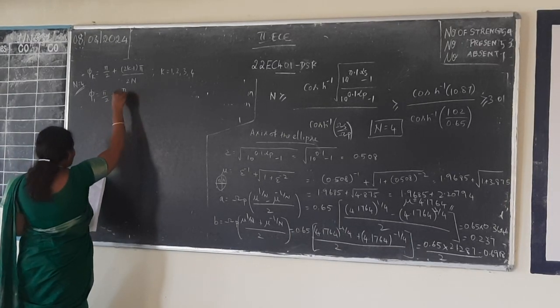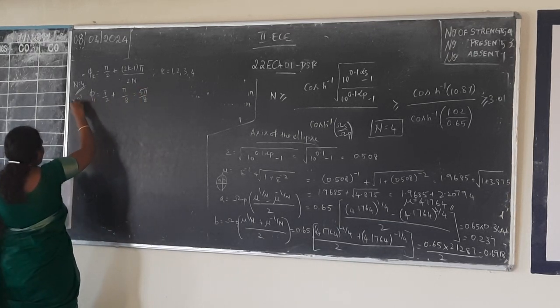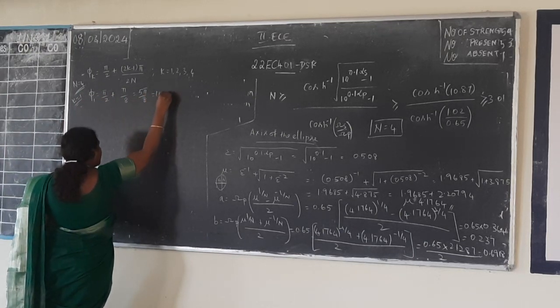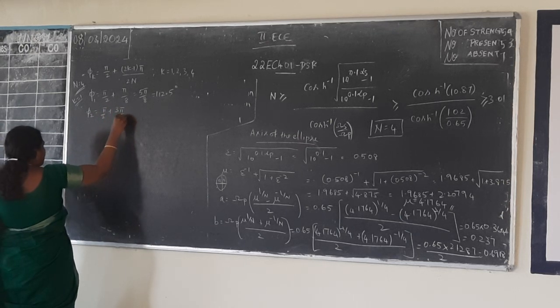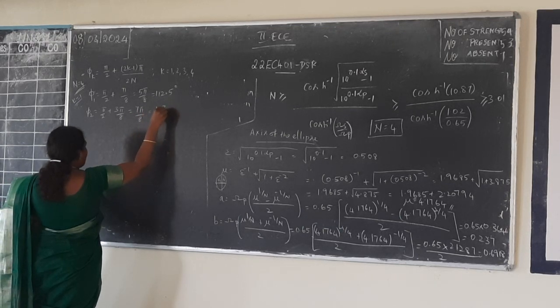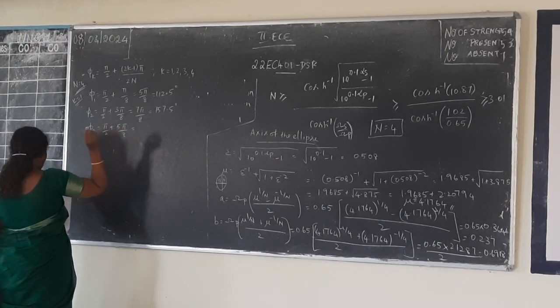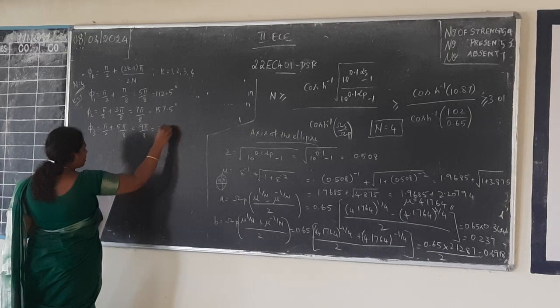So you get 5 by 8, right? So this is equal to 5 pi by 8, for n is equal to 4 and k is equal to 1. And we substitute like this, we get 5 pi by 8 which is equal to 112.5 degrees. Similarly, for phi 2 it is pi by 2 plus 3 pi by 8 which is equal to 7 pi by 8 and the value is 157.5 degrees. Similarly, for phi 3 it is pi by 2 plus 5 pi by 8 which is equal to 9 pi by 8, which is equal to 202.5 degrees.